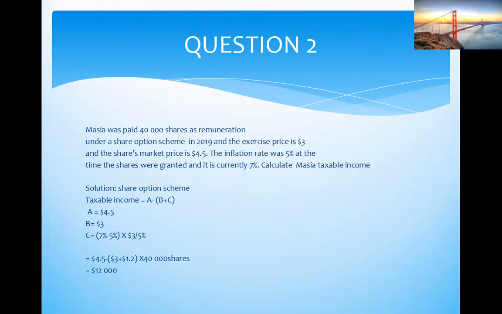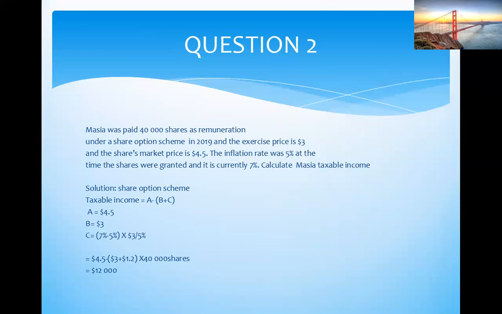Marcia was paid 40,000 shares as a remuneration under a share option scheme in 2019. Okay, and the exercise price then was $3, and the share market price is $4.50. The inflation rate was 5% at the time the shares were granted, and is currently at 7% at the moment. Calculate Marcia's taxable income. Okay, remember we are going to use this formula now: A minus open